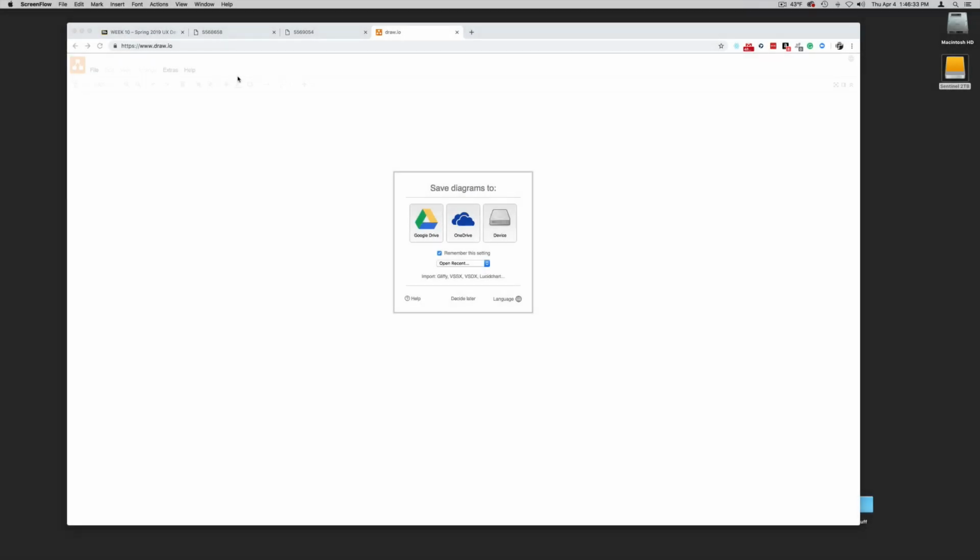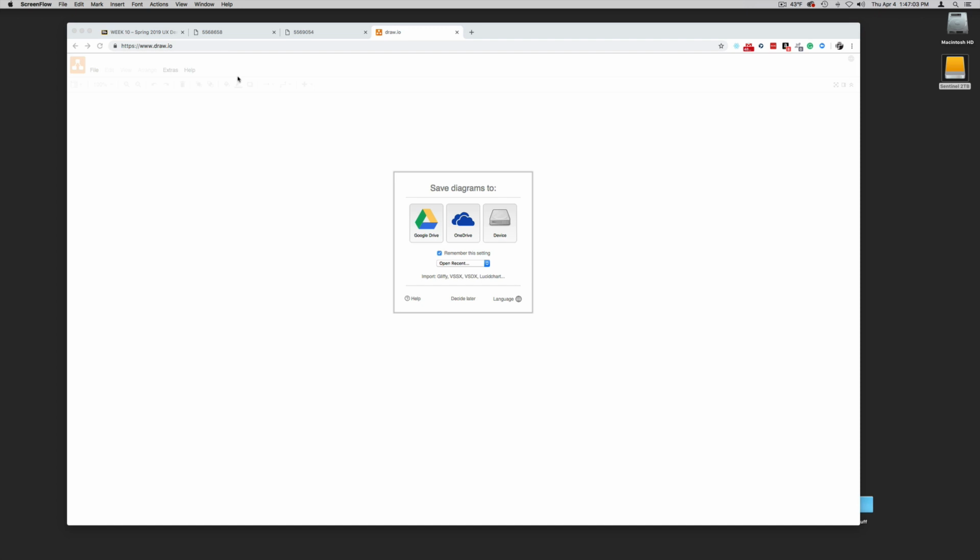This week I'm introducing you to a new app that will help you diagram and create your user flows in a much easier way than we might be able to do with Adobe Illustrator or even Adobe XD. We could certainly use those programs to do this, but this app is really geared toward making diagrams and things like this, charts and the like. So I find it a lot quicker to get started, and I think you'll find it pretty easy and fun